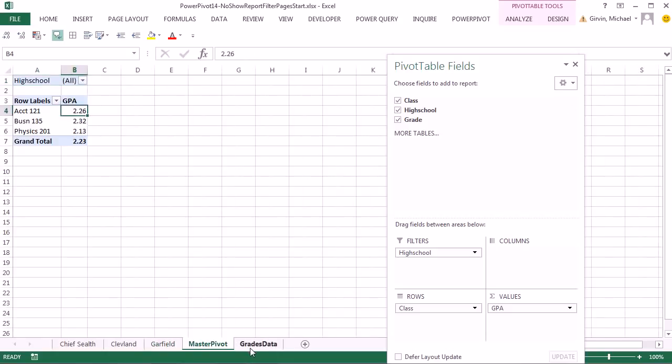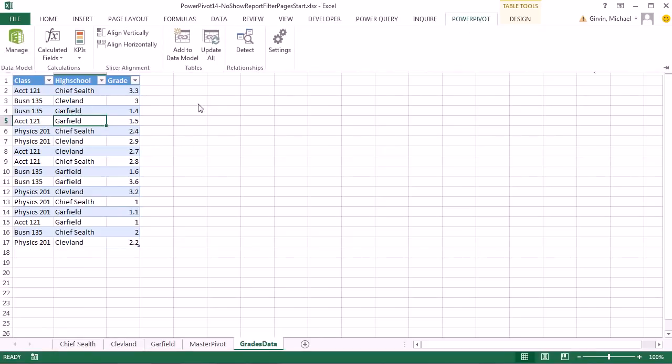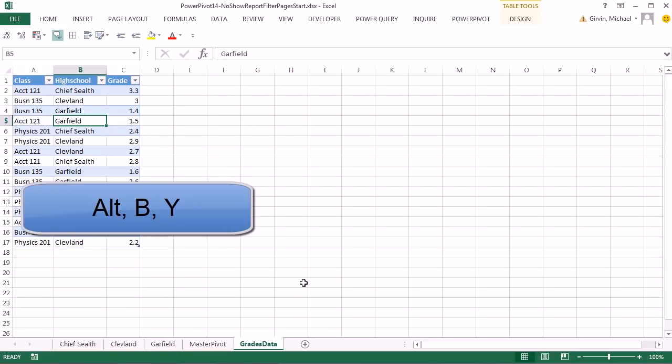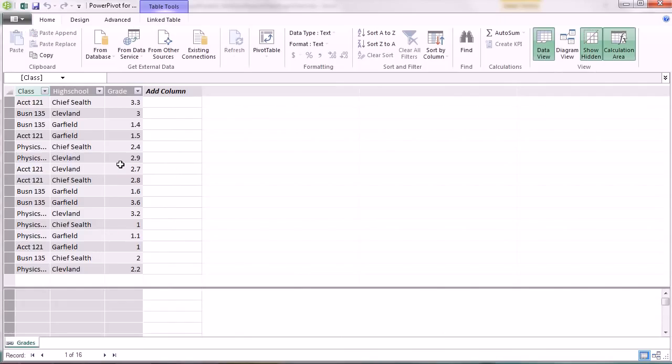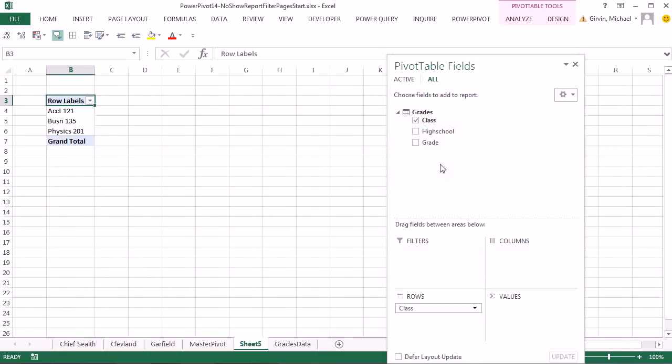Now, for kicks, let's do the couple clicks necessary to put this into PowerPivot and see that it doesn't exist. PowerPivot, Add to Data Model, or Alt-BY. There's our table. Now we're going to click on the pivot table. I'm going to put it on a new sheet. I'm going to drag class down to rows, high school down to filter,